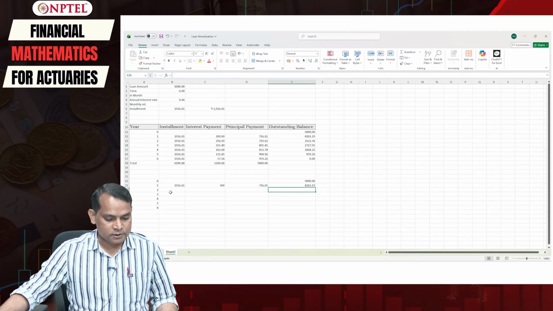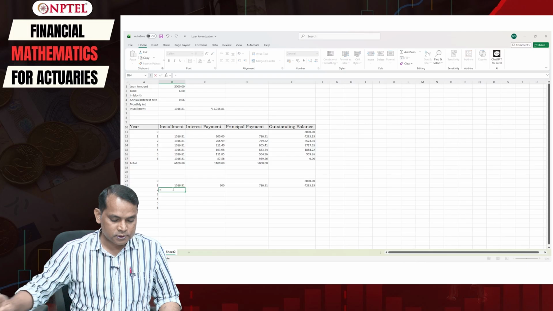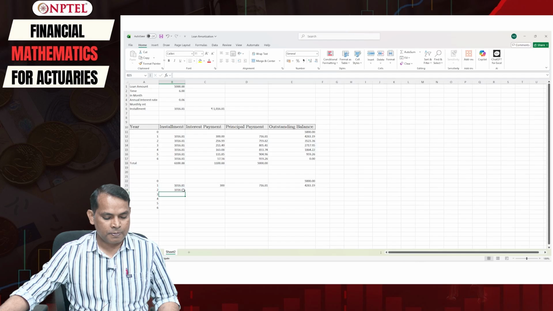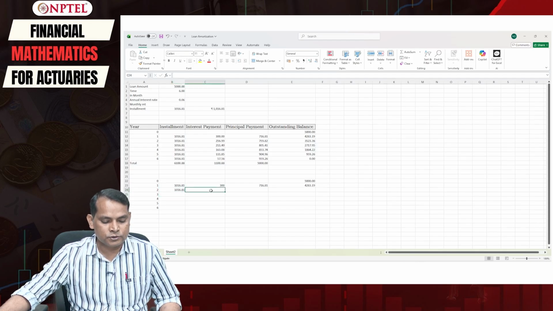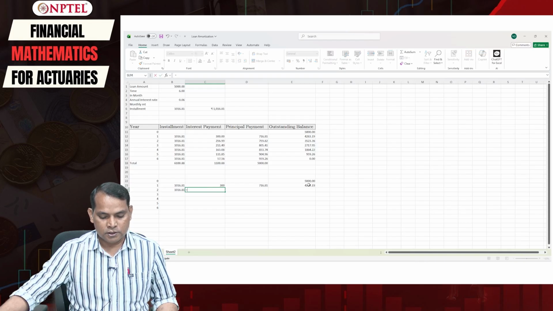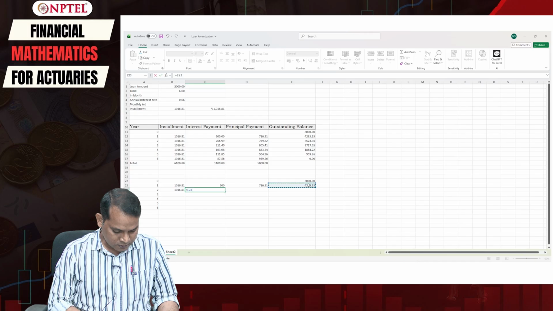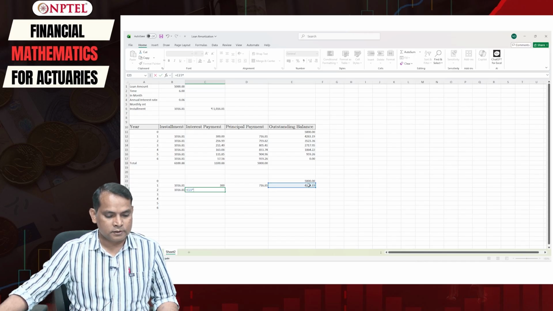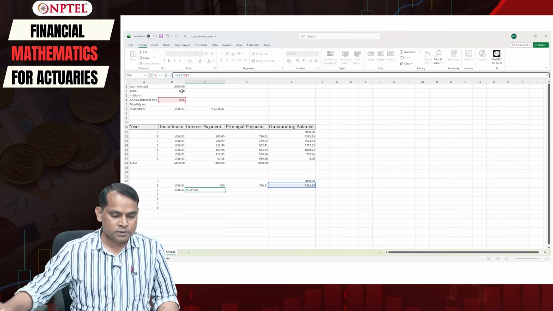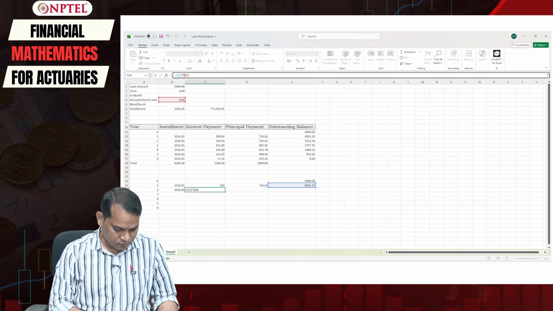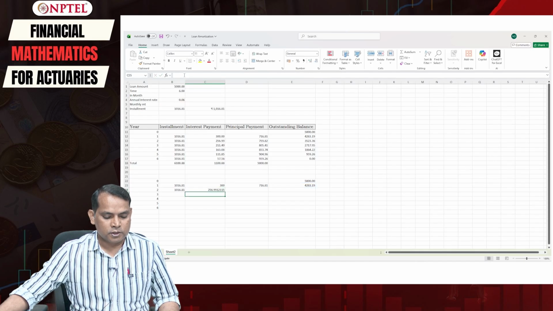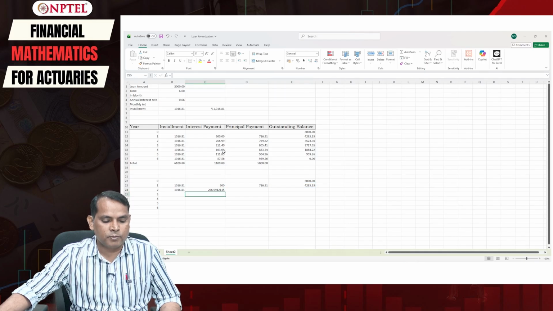Now for the second year, you can take the same amount, so you will click it here. So it will become this, and then you just have to compute this one as this multiplied by the rate of interest again, and here also you can just lock it. So you will get 256.99, that same amount here.